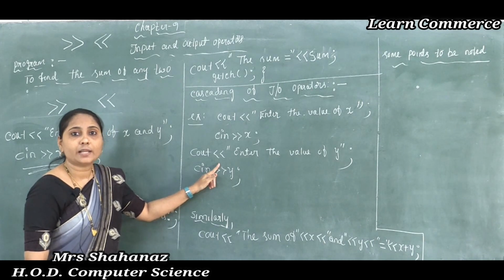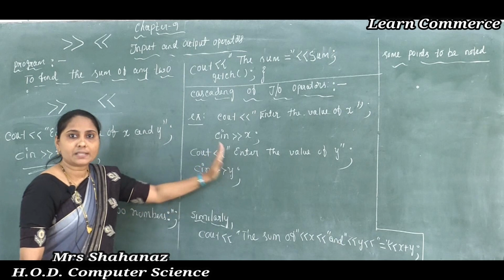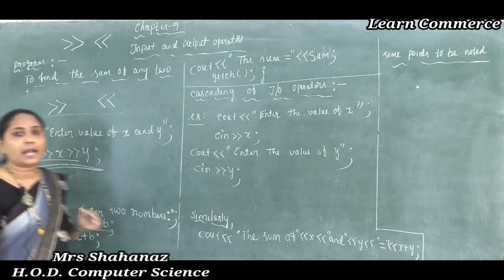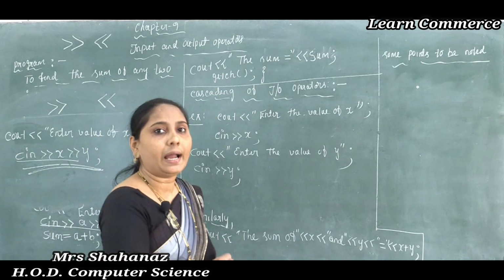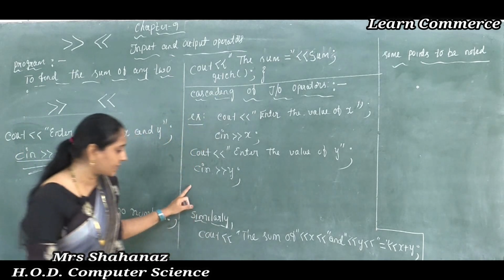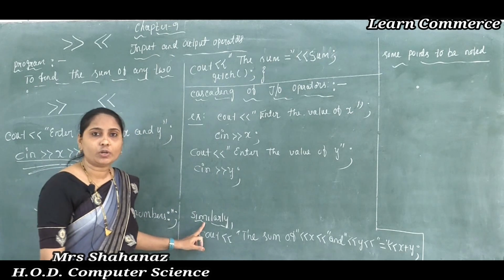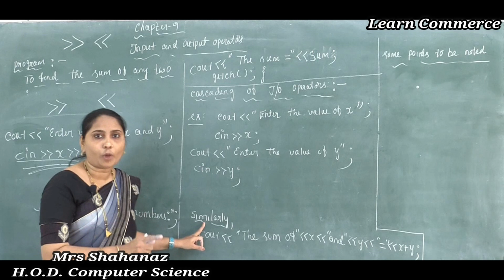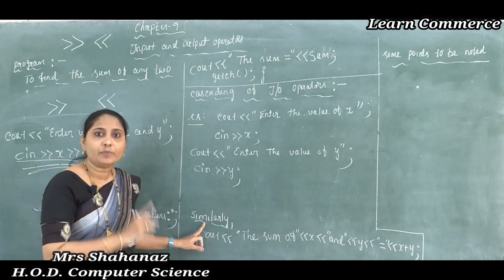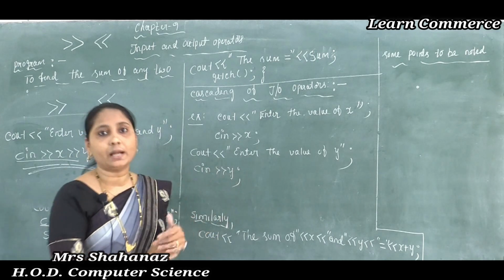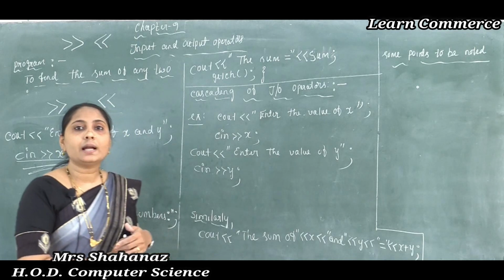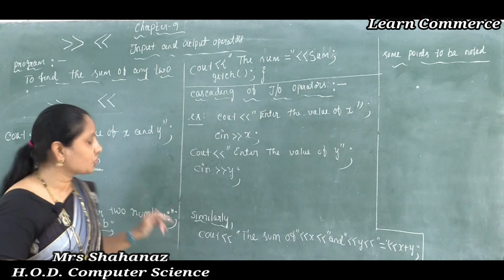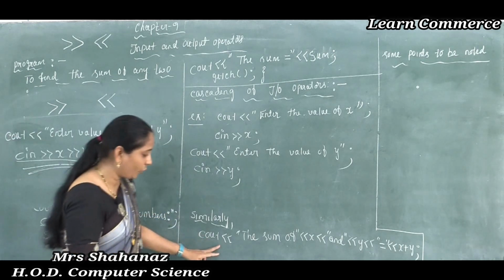Look here, since the statement is written twice here, but such a statement we are going to write in one statement. Now this is called the cascading of the input operator. Similarly, not just for the cin input statement, we can use cascading of the input operator. Similarly, we can output multiple results just by using a single cout statement, or by using multiple stream insertion operators. So how are we going to write here?